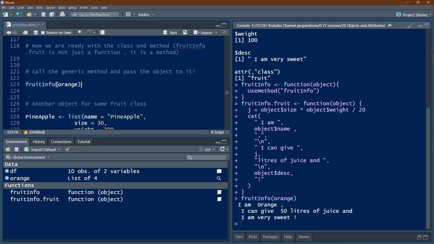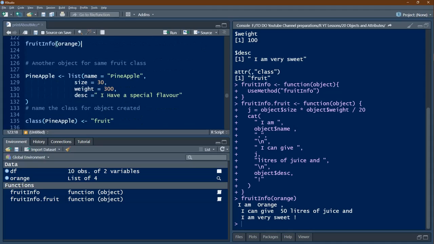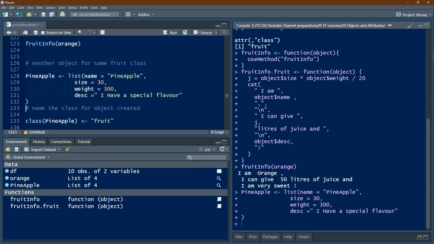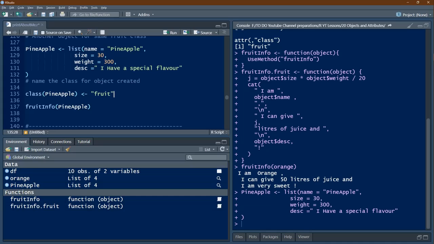To appreciate this, we will create another object, pineapple. All the attributes are the same, only the values are changed here. So let me create a pineapple object now. For this pineapple object, I am going to give the same class, that is fruit class.